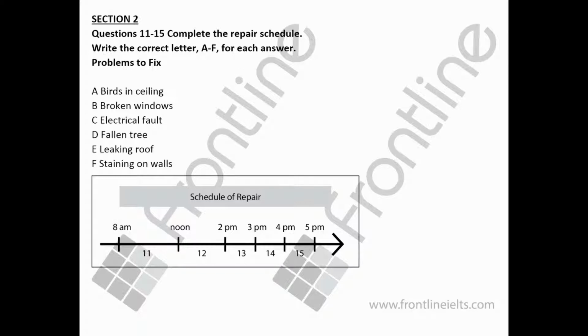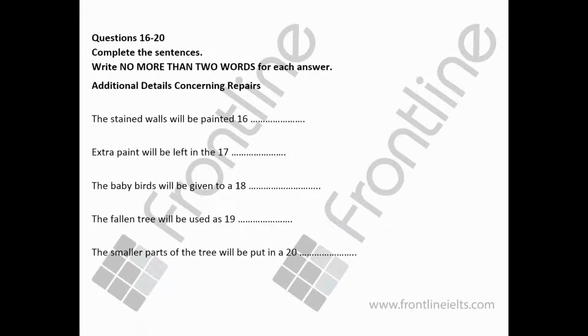Some of our staff will then leave to fix things on another site. An office nearby needs a new window. But 2 of us, including myself, will remain here to paint over that discoloured patch of wall in your office. Oh, good. It looks so horrible at the moment. Well, we'll certainly make it look good once again. And in the last hour of our working day, we'll fix up that problem with the wiring. Apparently the power doesn't go to one of the classrooms. Probably some water has gotten into the fuse box, so we'll just change a few wires and clean up the moisture, and it should be fine.